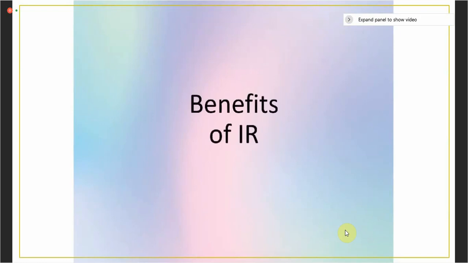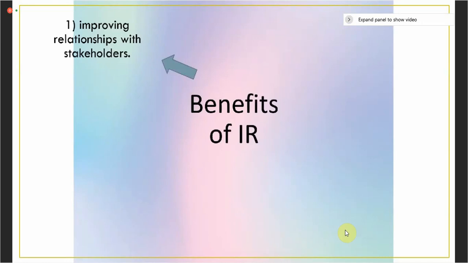Hi, I'm Atira and I will explain the benefits of integrated reporting. There are various benefits of implementing integrated reporting in the organization and one of them is improving relationships with stakeholders. Stakeholders in the organization will prefer organizations that provide IR as this demonstrates the sincere efforts and honesty of the organization in their reports. This is because in IR, the organization will be more open to explain in detail about